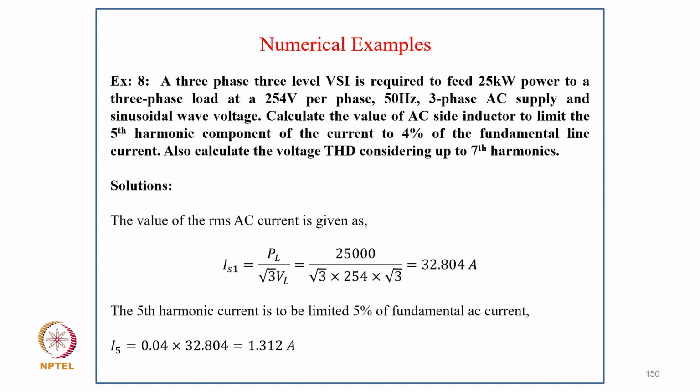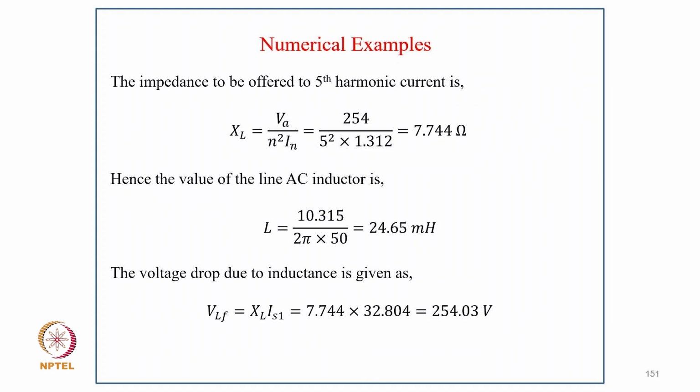The RMS AC current is given by IS1 equal to PL upon root 3 VL, so it comes to 32.804 ampere. The fifth harmonic current is limited to 4% of the fundamental AC current, so I5 equal to 0.04 into 32.804 equal to 1.312 ampere. The impedance to be offered for the fifth harmonic current is XL equal to V upon N square IN, and that is 7.744